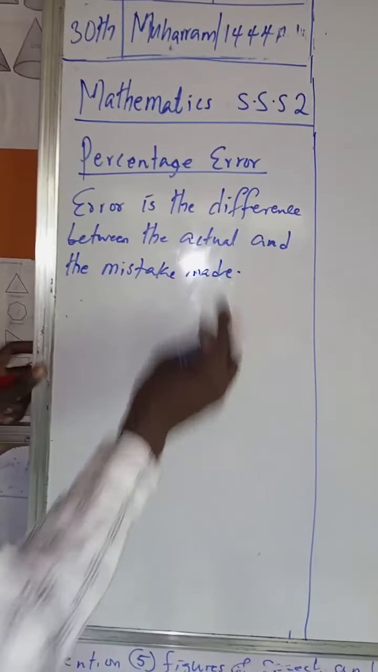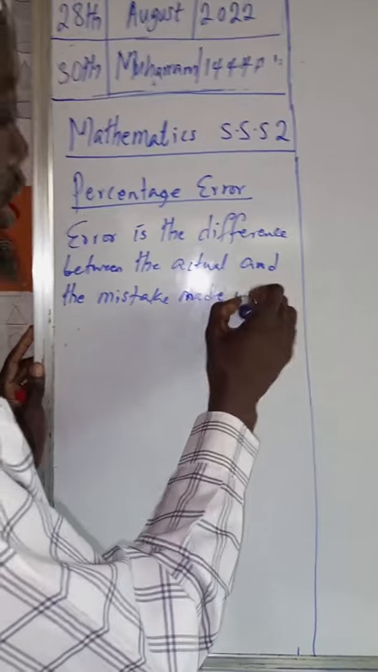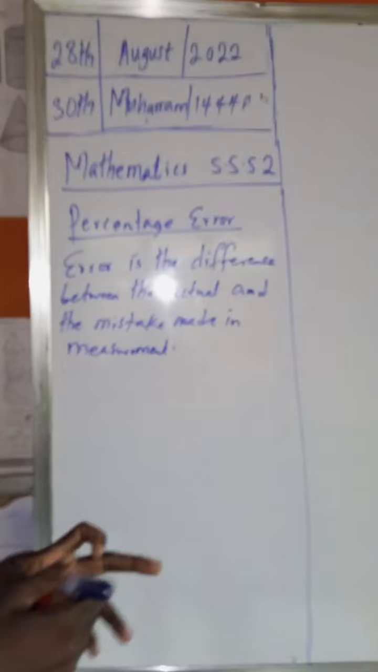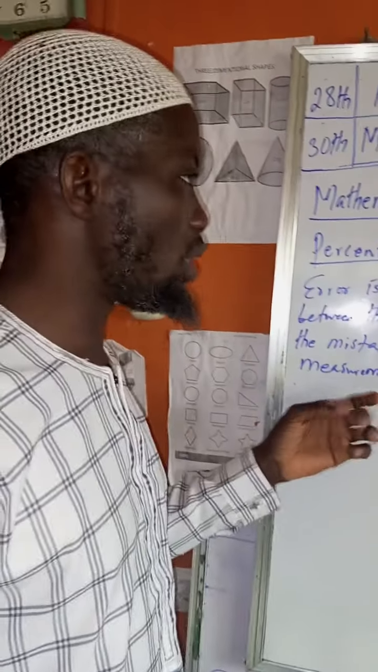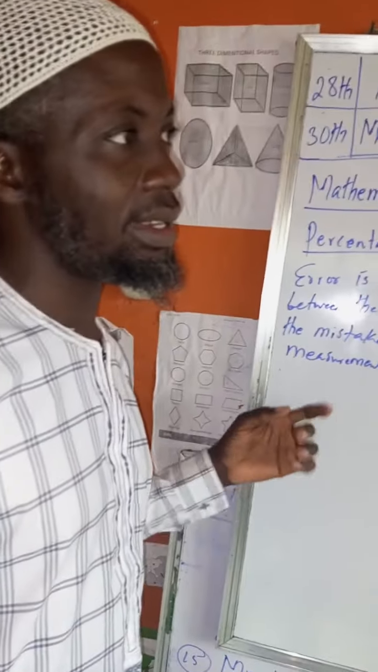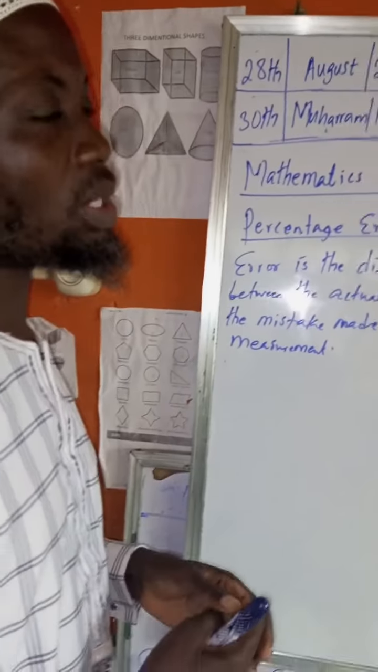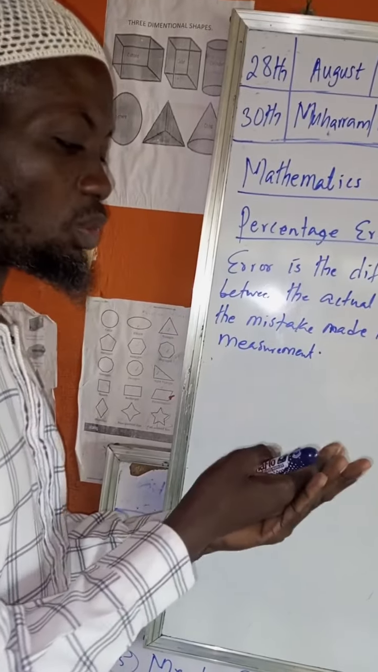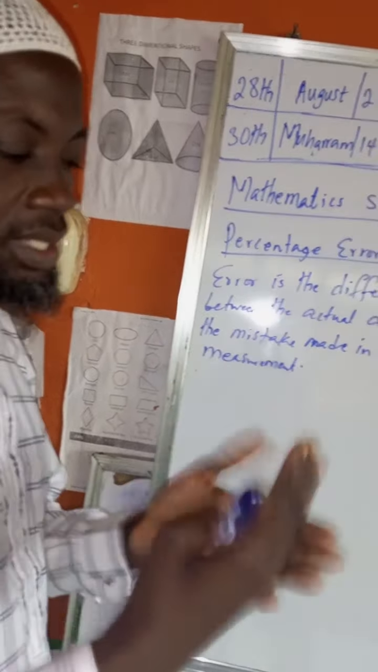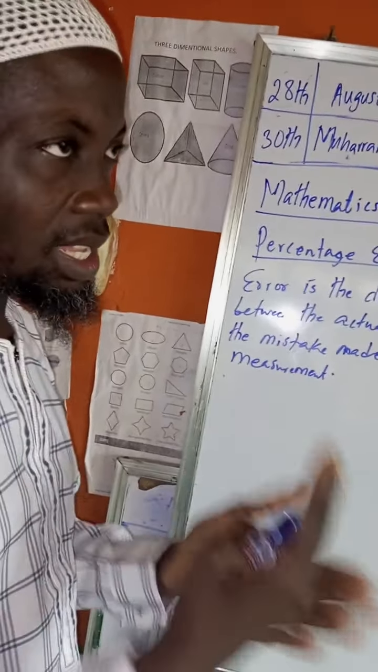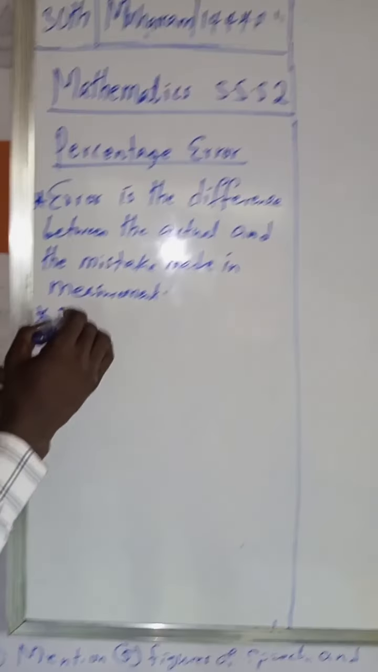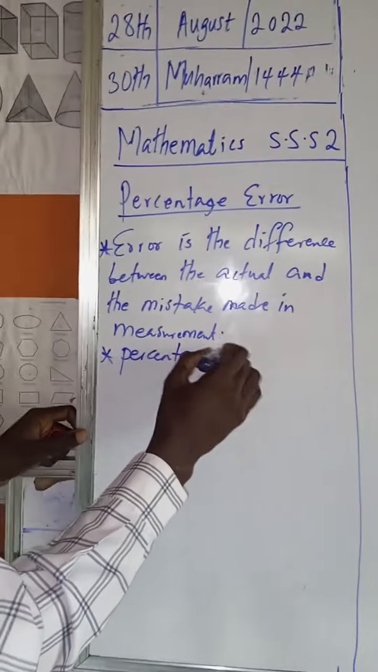So when you make a mistake in measurement, in accounting or mathematics terms, we say you committed what? Error. So there are going to be two things: the real one you are supposed to make, and the one that you made. So if we subtract, we get the error. But when we now say percentage error,